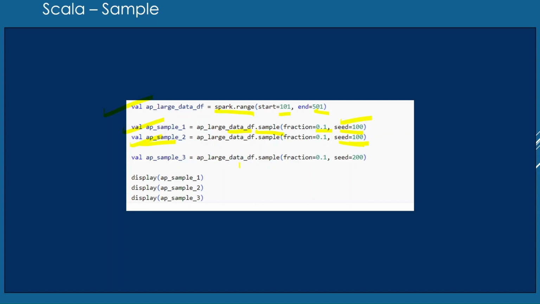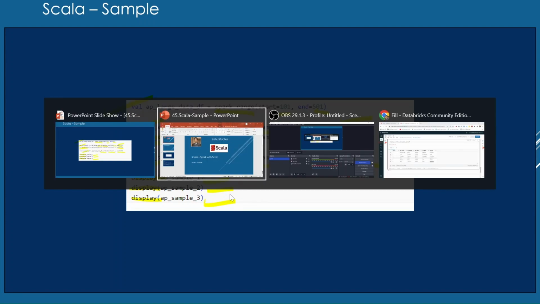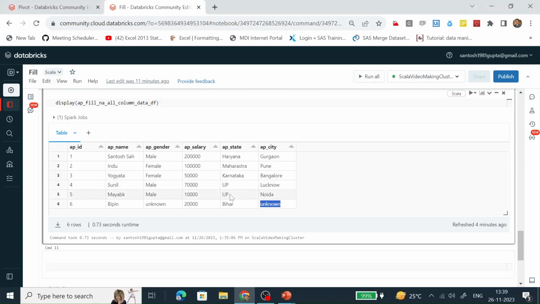And here we are also taking a sample with fraction 0.1, but the seed value is 200. So this sample 3 has different records. Some records present in sample 1 and sample 2 may also be in it, but the records will be different. With the help of the display function, I am displaying these 3 data frames. So let's go over to Databricks and do this exercise.